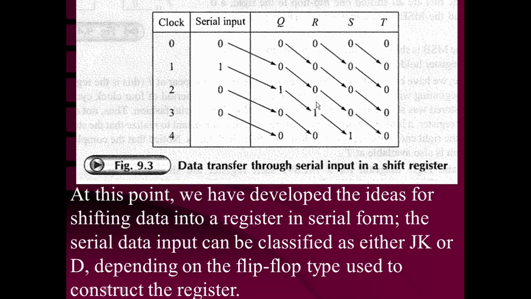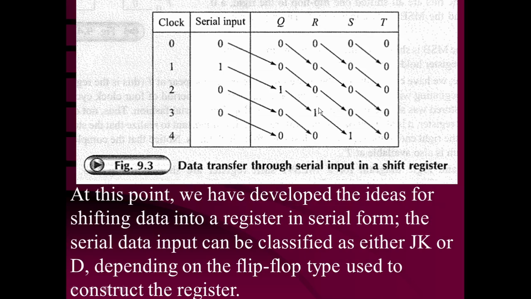This data is present, and the third LSB is going to be present at the data input D now, or J. J is equal to 0 now. So when the third clock pulse occurs, this 0 will be loaded into the first flip-flop Q. This 1 will be shifted into the flip-flop R. This 0 will be shifted into the flip-flop S, and this 0 will be shifted into the flip-flop T. So after the 3 clock cycles, you can say that QRST is going to be 0100.